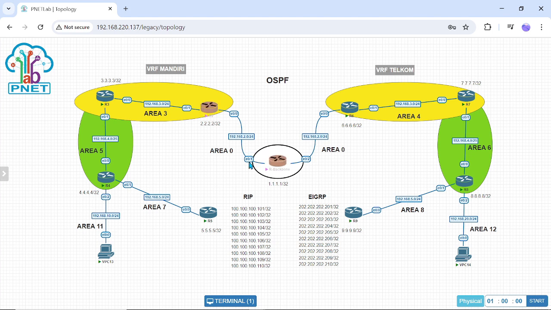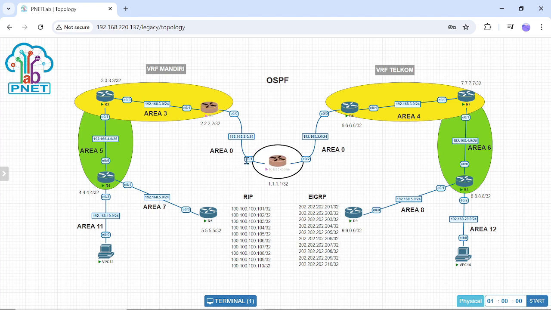Interface A0/1 and interface A0/2 have the same IP; I use 192.168.2.1 on both.